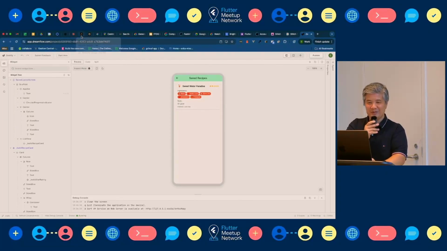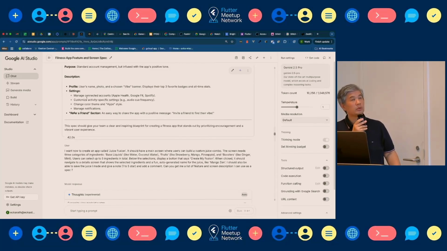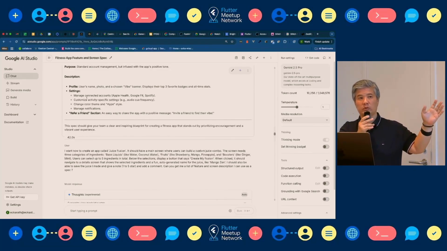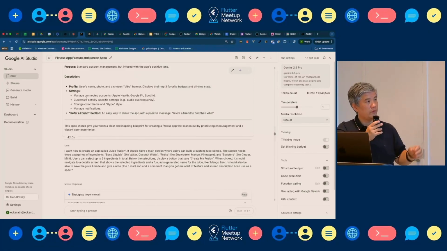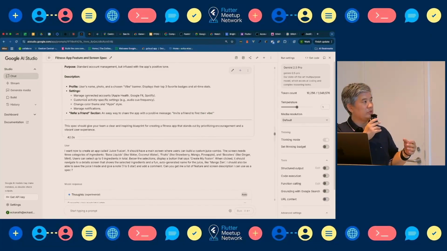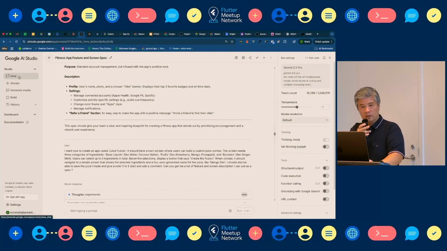What you can do, there's two ways to do it. I like to use Google AI Studio. So I don't know if you're familiar with Google AI Studio. It's, in fact, almost a studio for developers that helps you to understand how to use all the Gemini products. So from that, you can have a chat. You can chat with the LLM. You can select the LLM that you want to use.